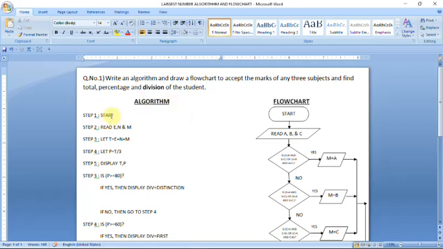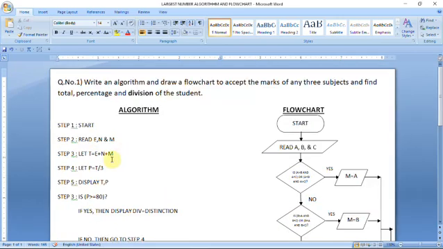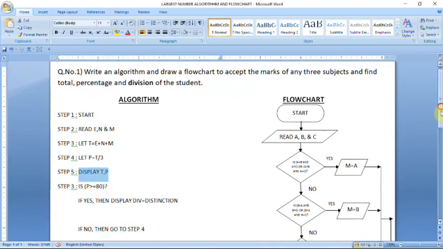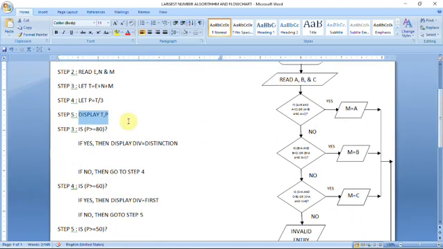First, you have to write step 1: convert a start into the symbolic representation, and after that, second, you have to accept this statement. Next, 2 times, here you can see 2 times the let statement is used, so 2 times you have to use the rectangle symbol, the processing symbol, for the let statement, and after that you can use the parallelogram symbol to display, and after that you have to use the condition. For writing the condition, you have to make a diamond symbol. Inside the diamond symbol you have to write the condition, first condition, this is the condition, and after that